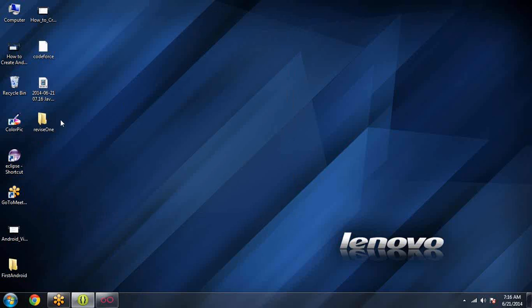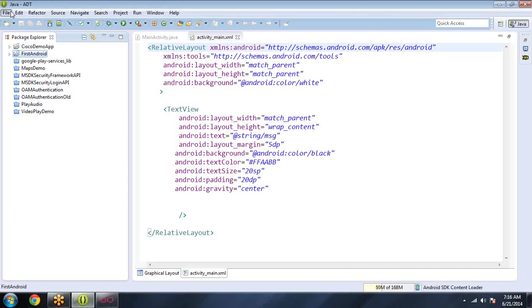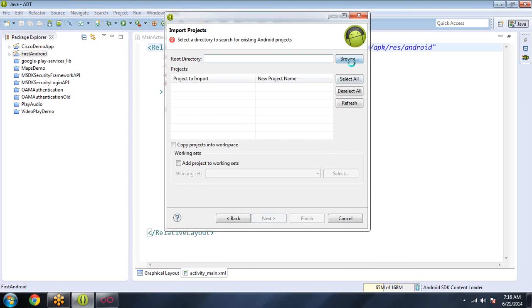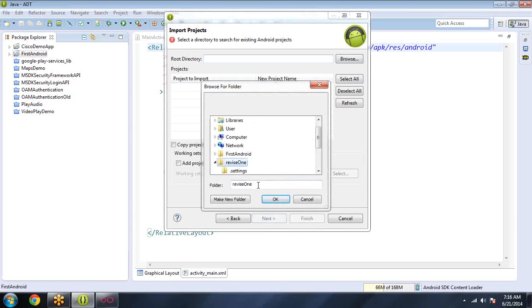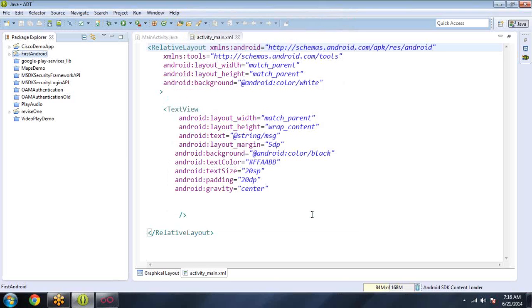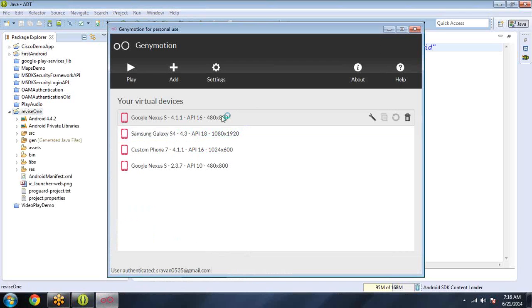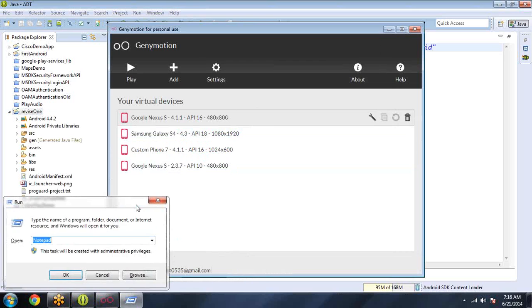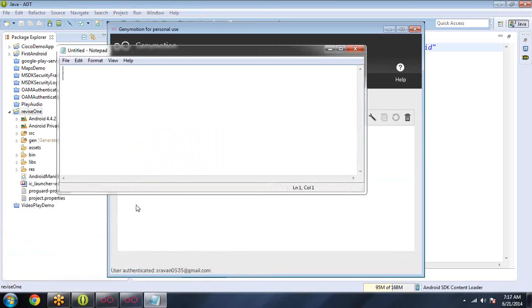The name of the project is revise one. File, import. I'm importing the project. Browse. I'm selecting device 1, copy project into workspace and finish. This project contains only the source code of the login and sign up. Before executing the program, first we have to learn